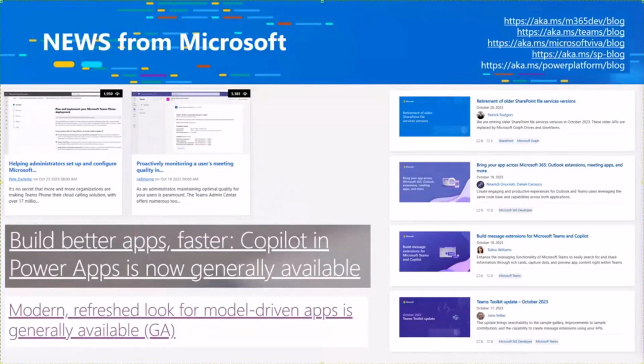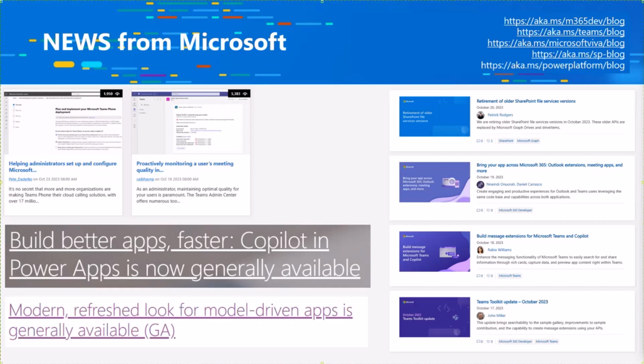Now, a quick recap also of the news from Microsoft this week. Not that much news, but always something happening around the different products and areas. Maybe the primary news is Copilot in Power Apps, which is now generally available. Well, technically not this week, but the previous week, since the last time we were here in the Tuesday call. A lot of other news as well across Microsoft Teams, developer platforms, and Power Apps. Really cool stuff getting announced and rolling out to production.